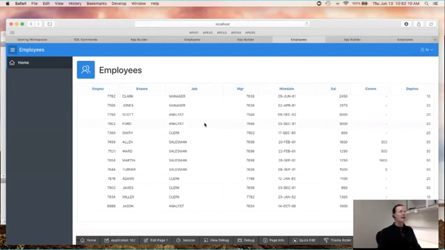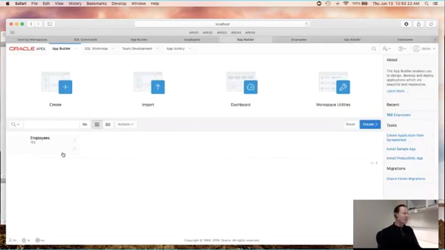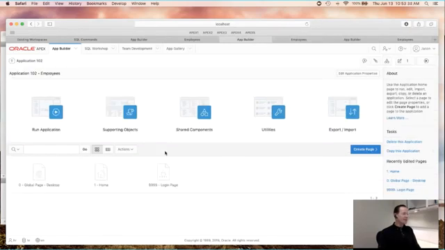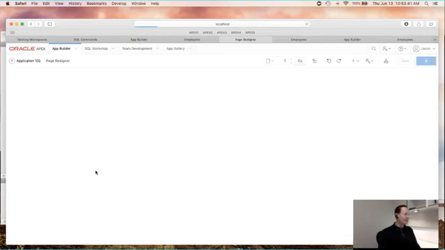Now, finally, I wanted to point out, well, what does this mean for Application Express itself installed as an application container, or in an application container? And let me just show an example of this. So let's say I go to my employees application again in Apex 4 here. I go to the home page, and let's say I decide as a developer, I want to make a change to this application